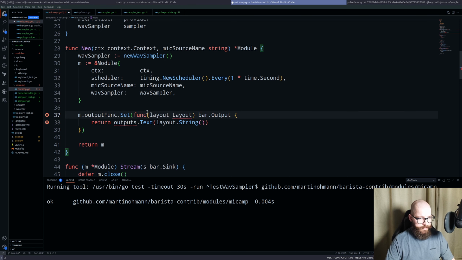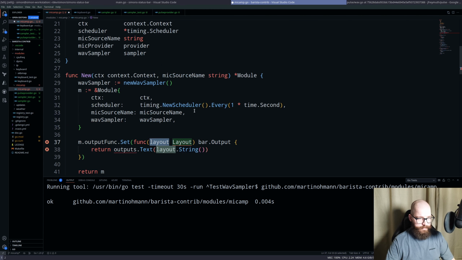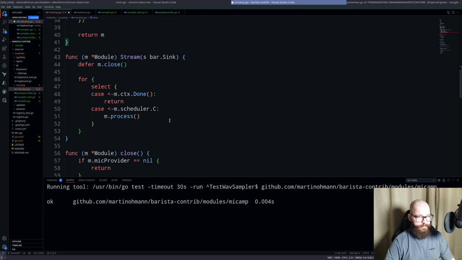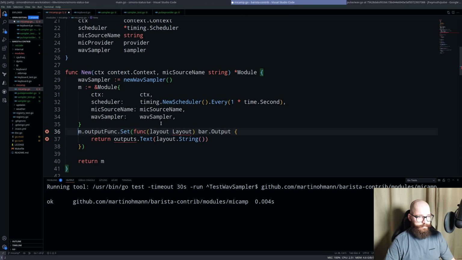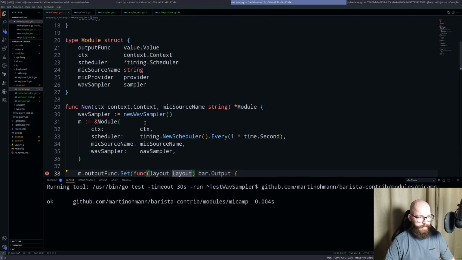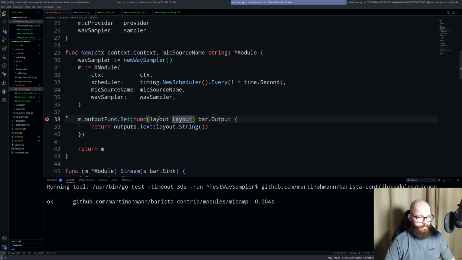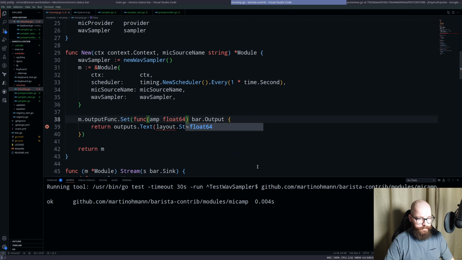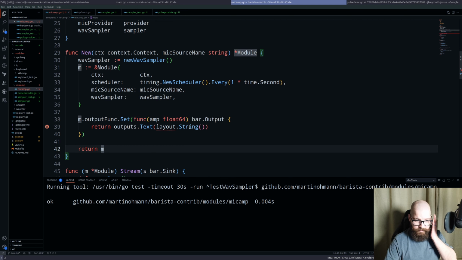And you can set the output function like this, and in this case we want to start with, so we don't have anything called layout here, but we could start with, let's call it amp float64, and